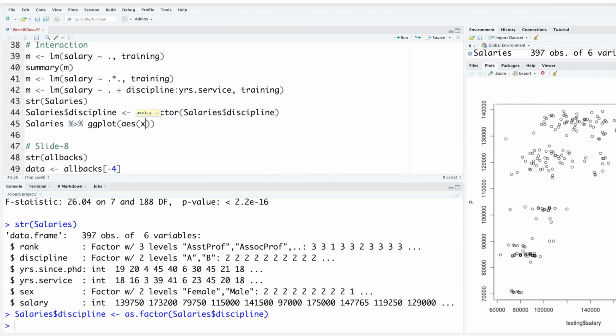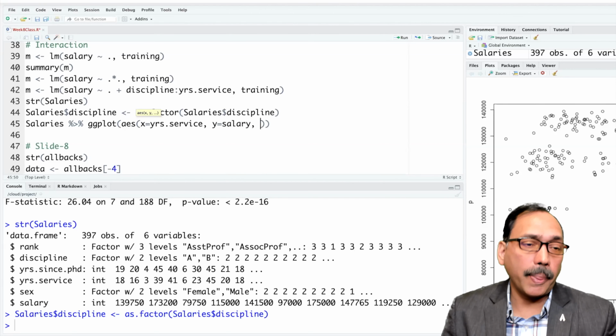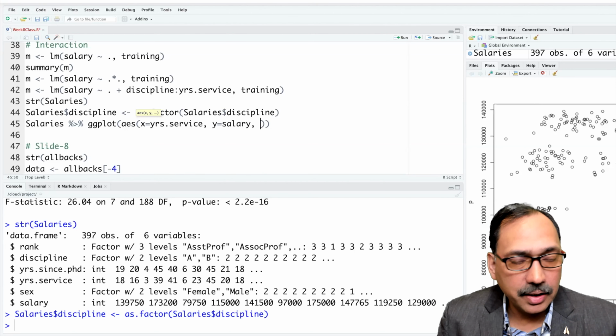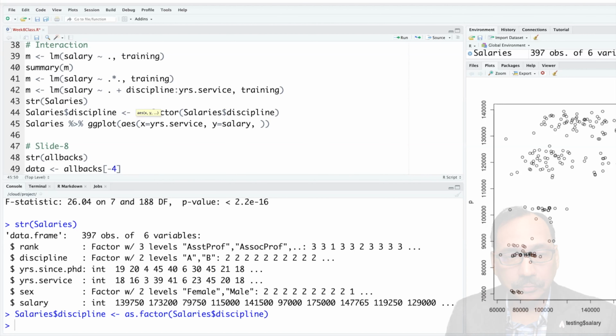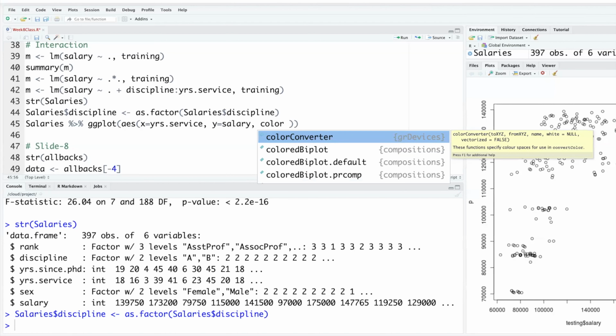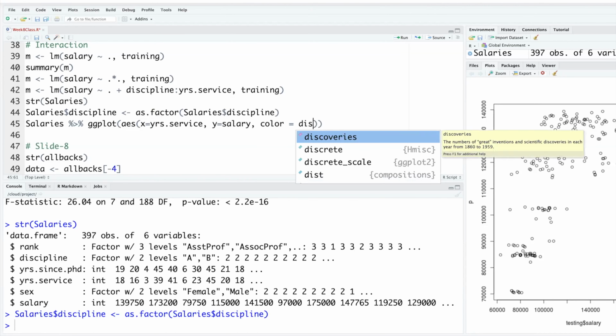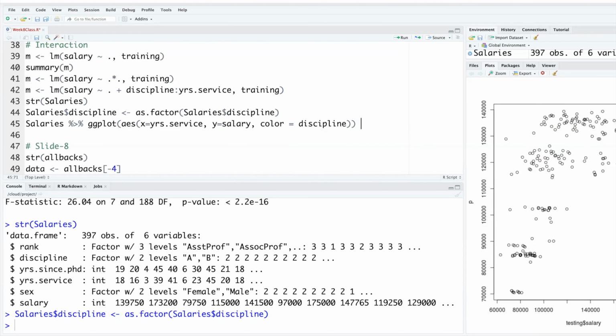I'm going to put years of service on the x-axis, and on the y-axis our response variable salary, and then we'll differentiate the data points by color coding the discipline variable, like A and B. So we can say color is equal to discipline, and once we are doing ggplot, we have to use plus sign to add geometric shape.